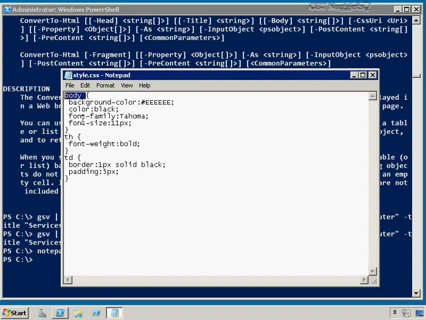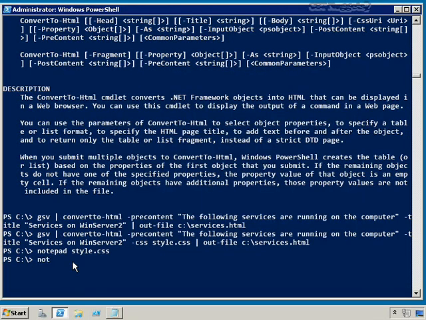For the body element, which is the body HTML tag, I said I wanted a background color of this, which is that light gray, font color black, font face of Tahoma, and a font size of 11 px. For the table header cells, the TH cells, I wanted a font weight of bold. And for the table data cells, the TDs, I defined that border and gave them a little bit of padding. And if you were to look at that raw file,